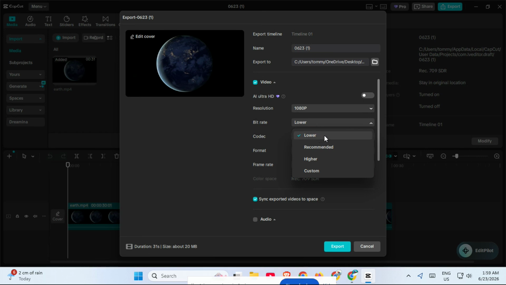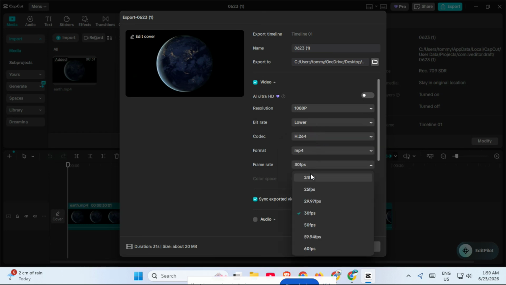or throwing an error. If you're editing a large project with lots of layers, transitions or animations, it can also help to simplify the timeline a little before exporting. Remove any unnecessary effects, shorten heavy sections, or test export a smaller part of the project first. That can help you figure out whether the issue is coming from one specific clip or effect. In many cases, the render error isn't CapCut itself, it's the combination of settings and project complexity pushing your system